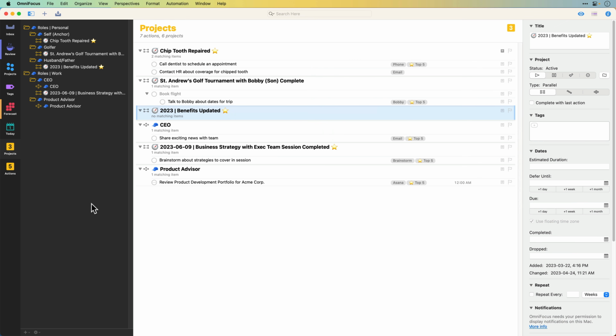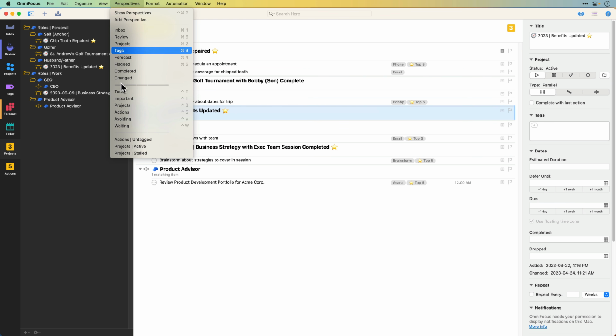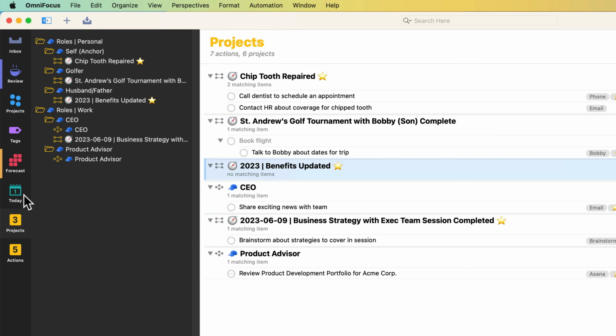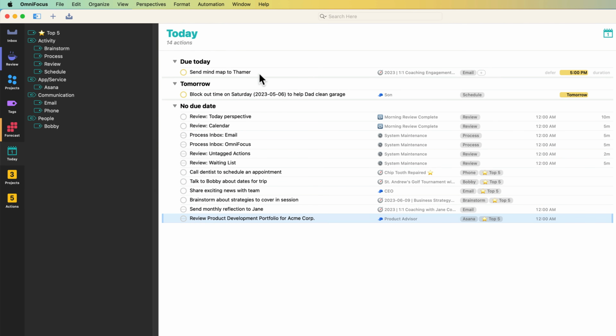That's super duper powerful. One thing with OmniFocus is you can use it in a very simple way, but you can add efficiency to the app. There's things you can do behind the scenes. So one expression of that is being able to create these different perspectives. So I've got one called today, for instance, that's showing me my top 5, but it's also showing me things that have become available that have landed on my plate. It's making me aware of some deadlines, some commitments I've made. So that can be a nice way to pull it onto that list.